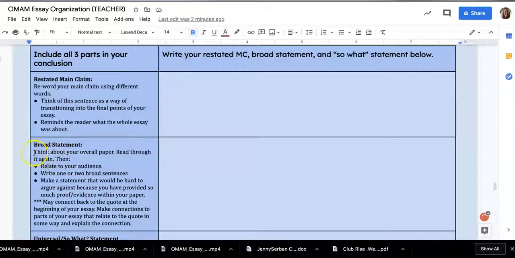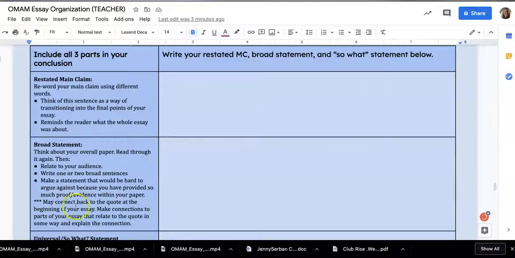So first of all, think about your overall paper and you're going to read through it again. Then you're going to relate to your audience in some way. You're going to write 1 or 2 broad sentences, make a statement that would be hard to argue against because you have provided so much proof and evidence within your paper. One tip I have that makes an essay feel very cohesive, almost like you have a thread of information or an idea that goes all the way from the beginning to the end, is